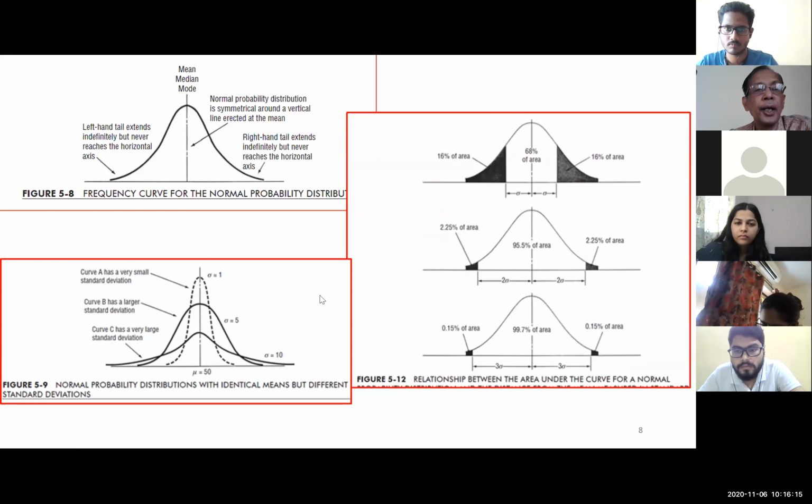Okay, now I was saying the intervals. Now please all of you remember, if the interval is between mu minus sigma to mu plus sigma, the area will be 0.68 or 68%. These numbers we have to remember. All of you need to note down the figures. If it is mu minus 2 sigma to mu plus 2 sigma, the area will be 95.5% or 0.955. And if it is minus 3 sigma to plus 3 sigma, it is 99.7%. Just remember these figures.